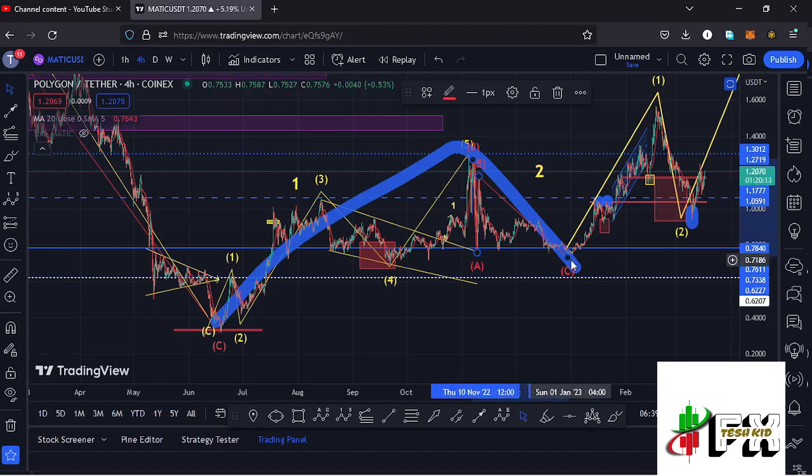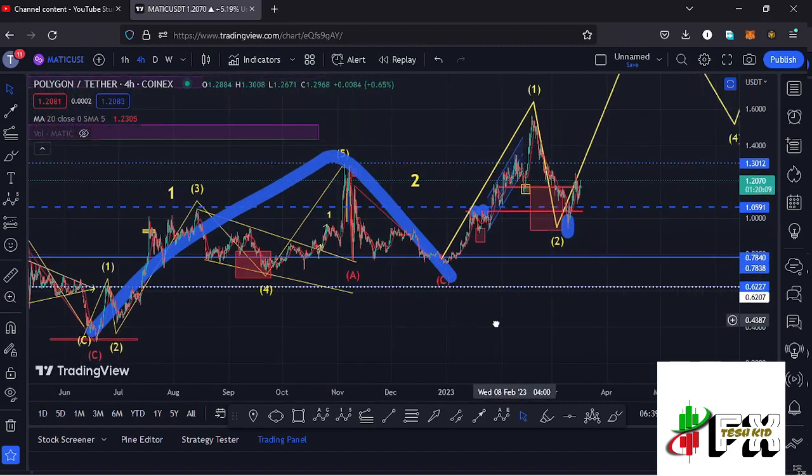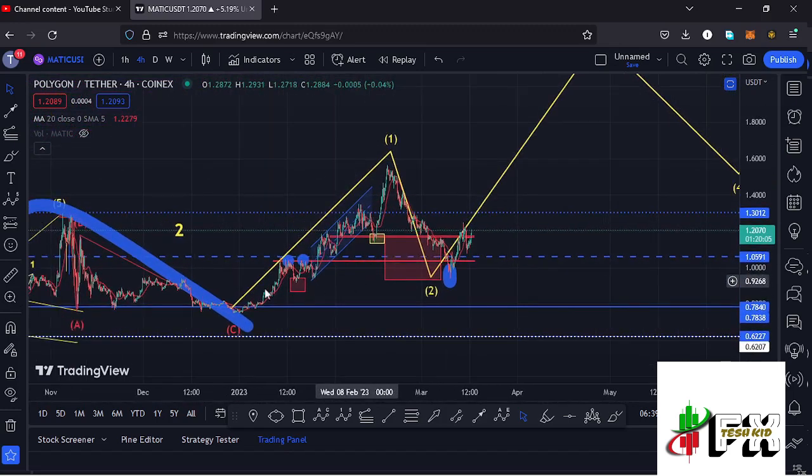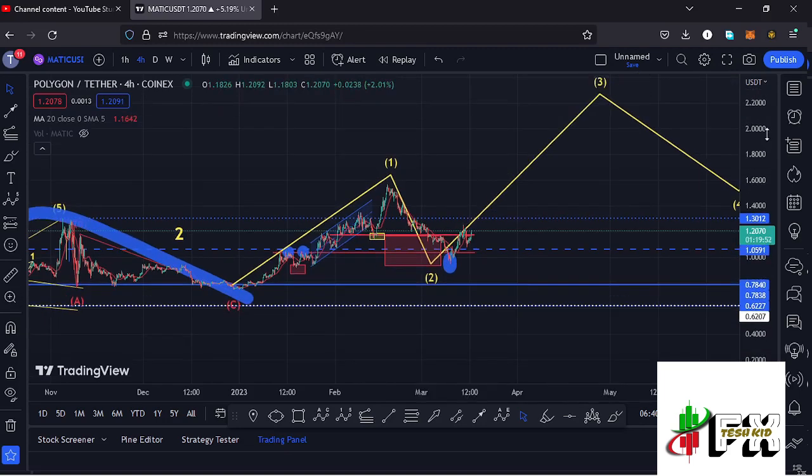And that move to the upper side completed a 1-2 setup to the upper side, and having seen that 1-2 setup to the upper side, we started this Elliot structure to the upper side, where you can see that I have this as the first wave to the upper side giving us a peak at around the $1.57 mark. Then we started a corrective structure in the formation of this wave 2 in a move that has managed to get into the minimum retracement area, and having done so, whatever we expect next is the start of an impulsive wave to the upside in the formation of this wave 3,